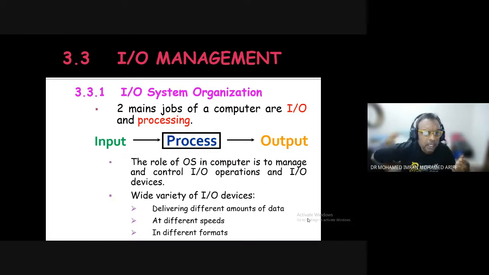Okay, and each I/O device does a specific task. Some I/O devices only allow you to input. There is no output. For example, your keyboard only allows you to input. Okay, there are some devices which allow you both, like your modem allows you to input data if you want to connect to the internet, and maybe you can have an output if you're downloading something.